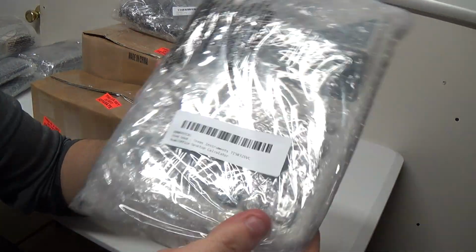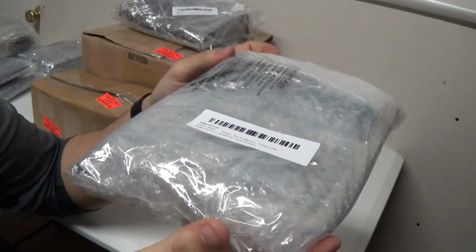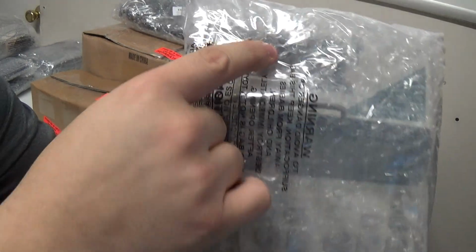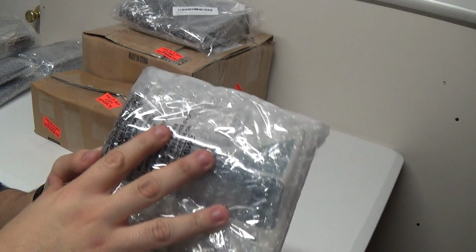Here is a calculator. It's a bigger calculator. You can kind of see it in there. You've got the cord on the back. This one you can put paper in. You can put the paper rolls in it, and I don't send them with paper,